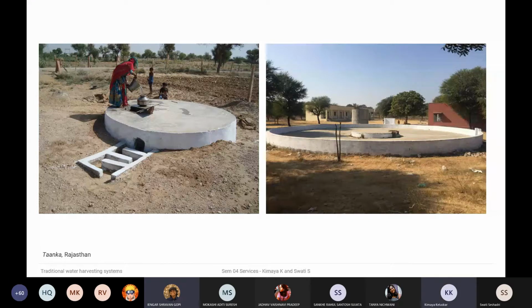That is in an urban setup. What we are showing you is the traditional water systems when we didn't have a piped system. There were no taps or pipelines that would reach the house. The only source was a nearby well from where you draw the water, filter it using a very fine muslin cloth, then heat it, and then drink the same water. There was no other source of potable water.